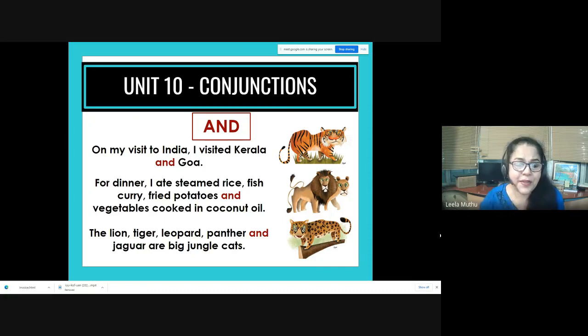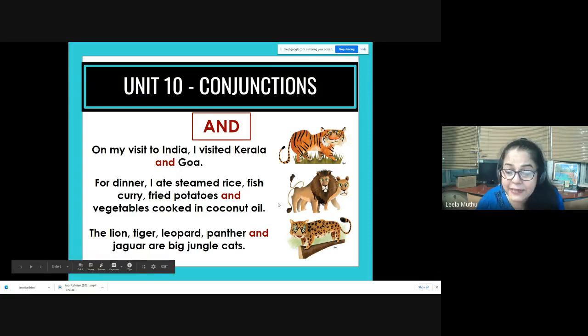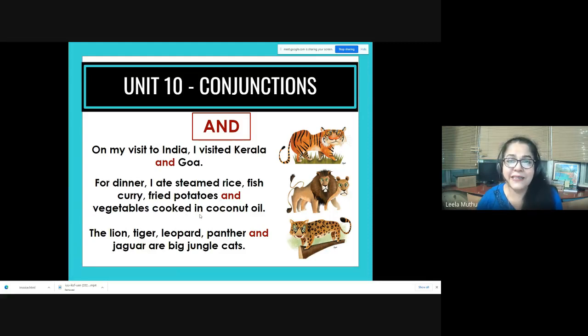For dinner, I ate steamed rice, fish curry, fried potatoes, and vegetables cooked in coconut oil. So remember, you put "and", but you don't put a comma before that, since vegetables cooked in coconut oil is the group of words that is the last item that you're adding to the